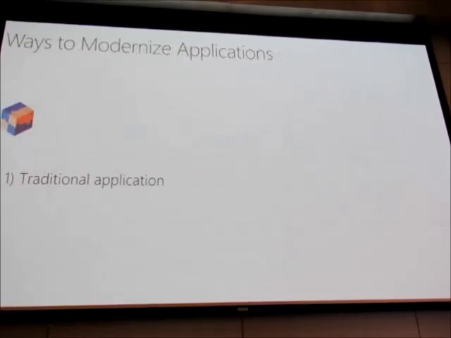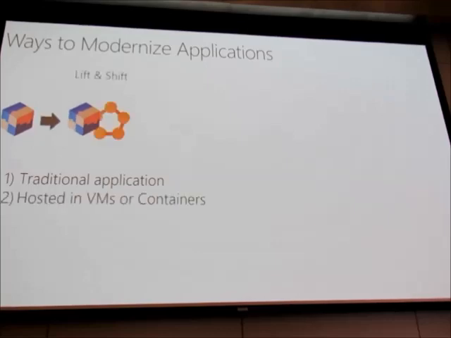And then some of the ways to modernize an application. Just walking through the high-level design, let's say we have a traditional application, and what we can do is just lift and shift. That means I have an on-premise infrastructure and a so-and-so application running now, and I just want to move my application to cloud. Basically you just lift and then shift your application.